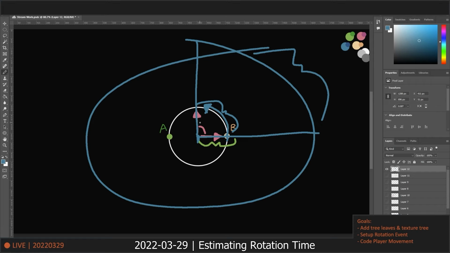Now, math isn't magical. There's consequences to increasing the time it takes to cross an arc. You can't just increase the time it takes to cross an arc without increasing the size of that arc. And the way to increase the size of that arc is to increase the radius. What's more realistically happening is that we're just moving across this arc slower. But for the sake of visualizing it, you can think of